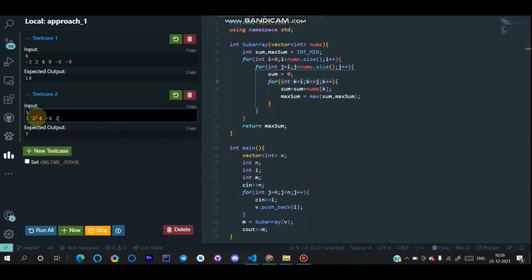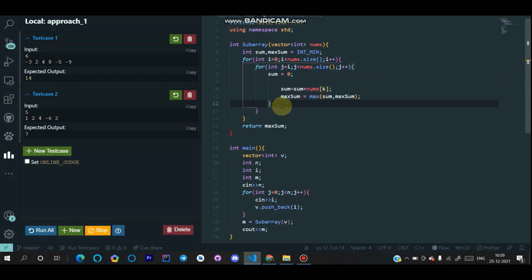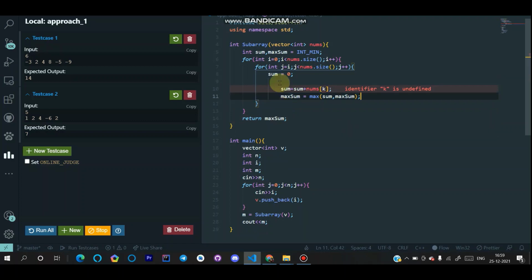If we have done this task of 2 plus 1, why would we do it again? We would simply store this value and sum it up with 4. So for this reason we remove this loop, and the time complexity because of this becomes O of n square.